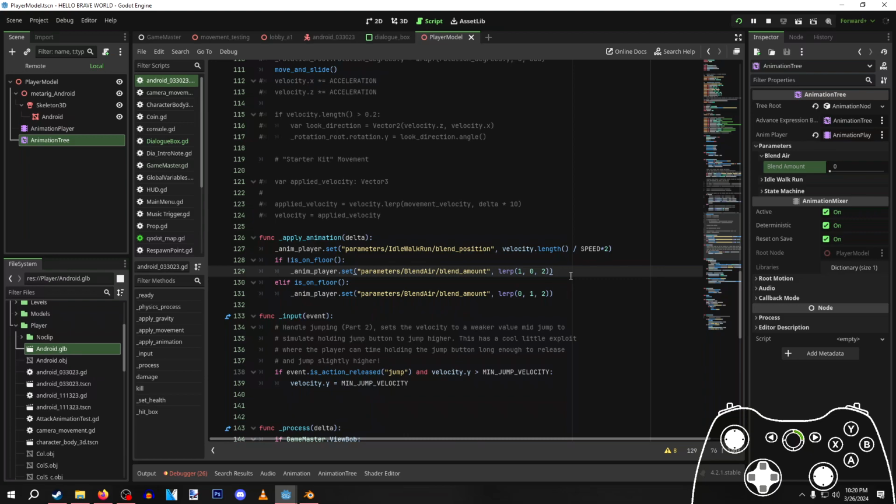So I figured the starting position I want to have for the blending was supposed to be position 0. But I tried switching these numbers around because initially he would just be infinitely in his falling animation on the floor, and when he wasn't on the floor, he was up in the air. I changed that around, so if he's not on the floor, he should be, you know, free as a bird. If he is on the floor, he should be in his walking animation. And so the initial LERP value I have set by default is 0.15,